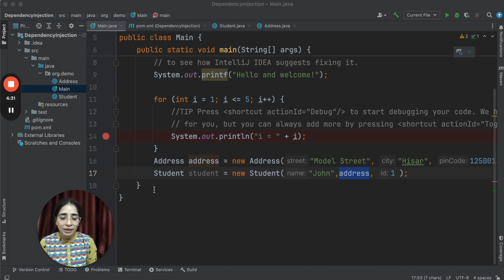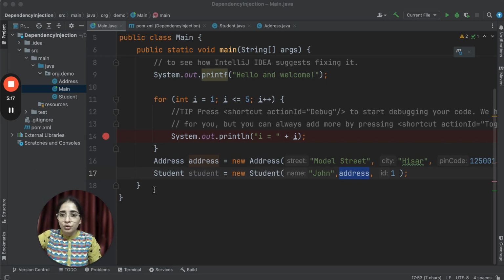But now there is one more thing which comes into the picture, which is the Spring framework. What Spring says is, hey coder, you just give me the control, I'll do this dependency injection. That's how the control goes from the coder into the hands of Spring, and Spring is doing the dependency injection. That concept is known as inversion of control. The control which the developer was holding earlier, now Spring is holding. This is known as inversion of control.